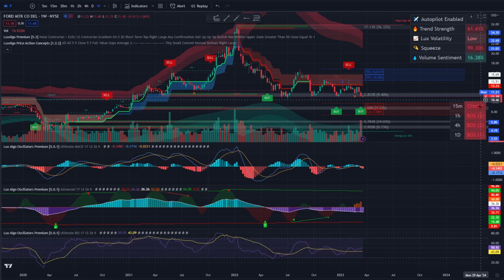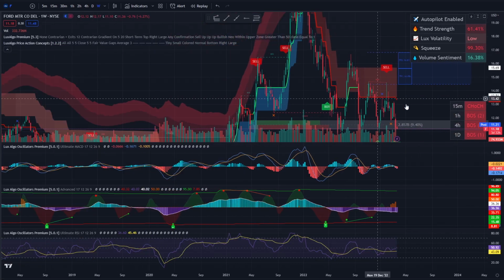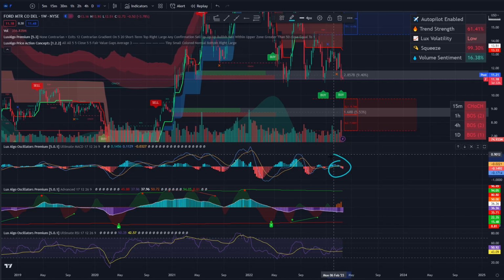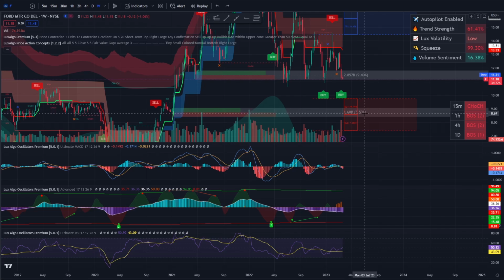Now we're going to jump over to Lux Algo just to see what it's telling us. I'm going to plop it on the weekly. So you've been sitting in this price action zone and you're very close to breaking it. Your MACD is crossed bearish on the weekly. RSI is kind of neutral, so it still has room to run to the downside or upside depending on what we form. However, if you start breaking your current price level, targeting probably this $8.67 region, coinciding with that $8.51